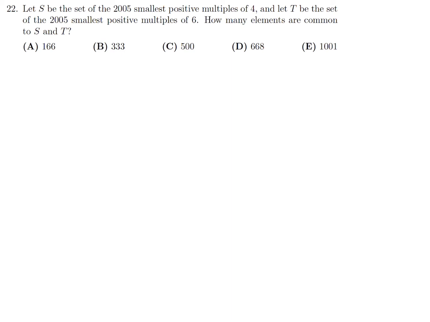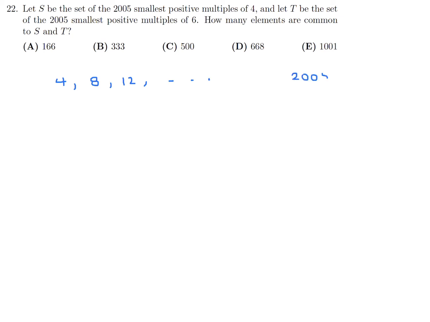Let S be the set of 2005 smallest positive multiples of 4 and T be the set of the 2005 smallest positive multiples of 6. How many elements are common to S and T? Well, 4 is the multiple. So 4, 8, 12, all the way till